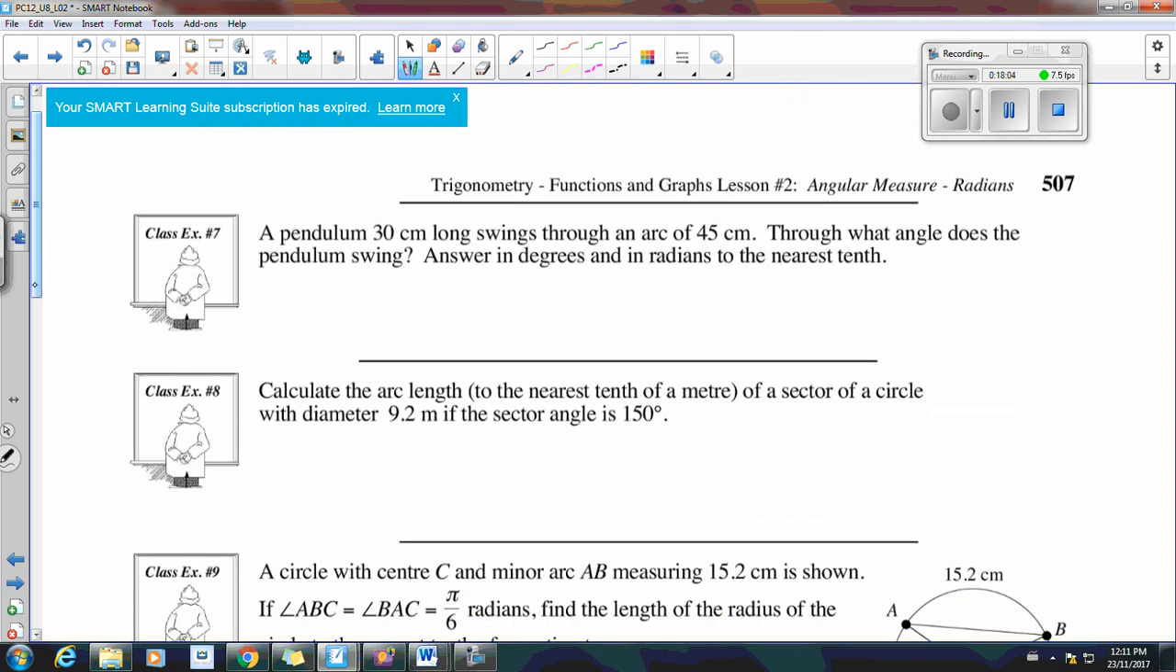So, example 7. A pendulum 30 centimeters long swings through an arc of 45 centimeters. Through what angle does the pendulum swing? Answer in degrees and in radians to the nearest tenth. So we have this pendulum that's 30 centimeters long, and it swings through an angle that we're trying to solve, but we know that the arc length, so this distance, is 45 centimeters. So we are looking for the angle. We know that we have a radius of 30,